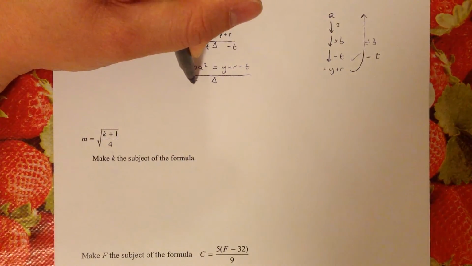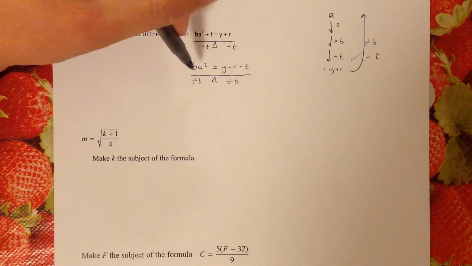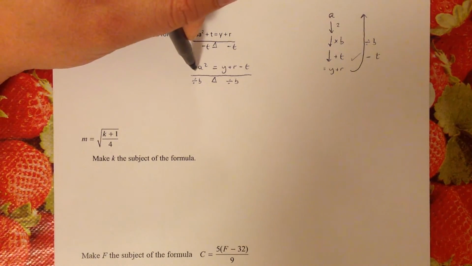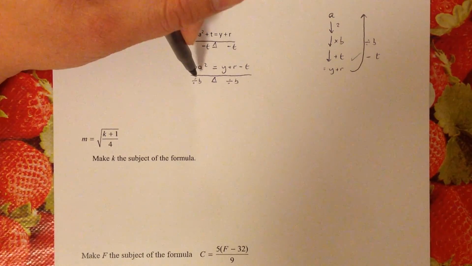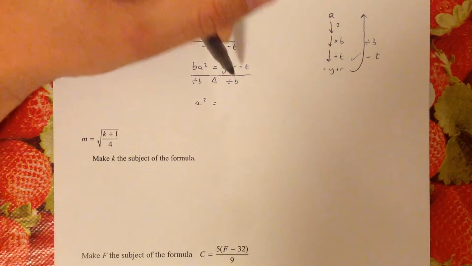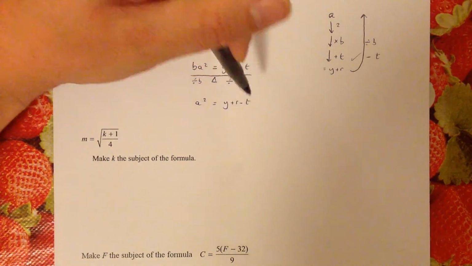So on the left hand side divide by B, and on the right hand side divide by B. So on the left what we're left with is A squared times B, divide by B, cancel each other out, so I'm left with A squared. And on the right hand side I've got Y plus R subtract T,